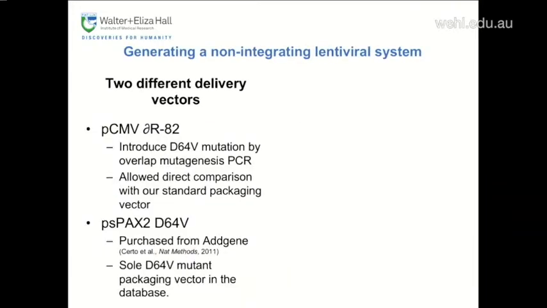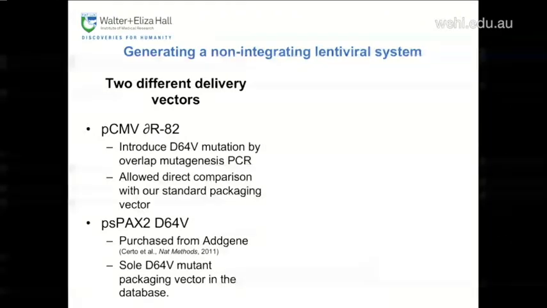All right, so for the generation of the non-integrating lentiviral system, I used two different delivery vectors. We used our standard pCMV delta 8.2 to introduce a D64 mutation by overlap mutagenesis PCR. That meant I could compare what we used normally in the lab with the non-integrating system